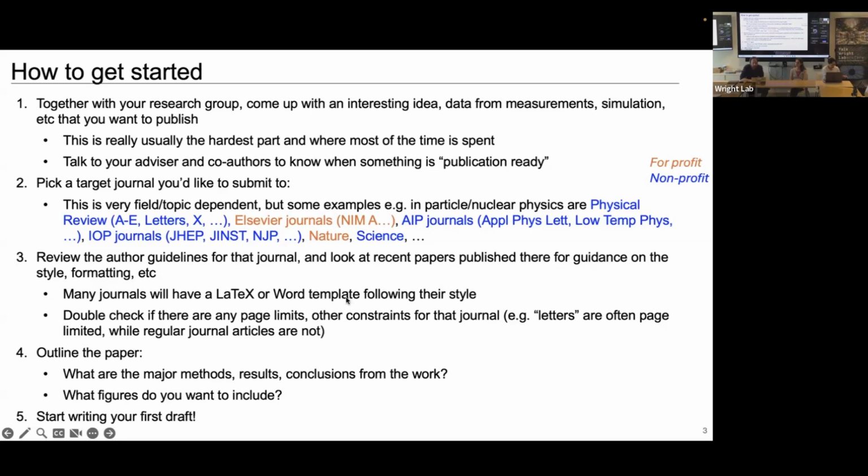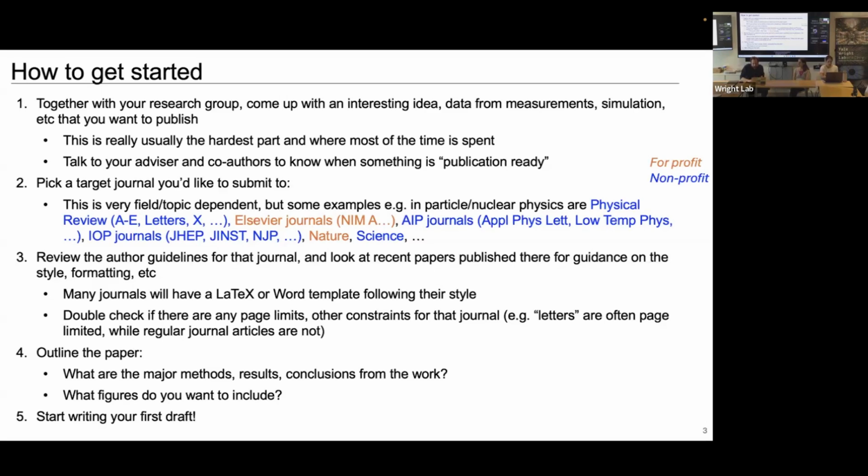I would say once you know what the boundary conditions are and what the paper should look like, you want to outline it. What are the major methods, results? What is the conclusion from your work that really is the contribution that you're making to the literature? People have all kinds of different strategies for doing this, but I think always having an outline, knowing where you're going before you start, is good. And sometimes you might write the conclusions first and work backwards. Some people like to write the abstract last. You don't necessarily have to write the paper in chronological order.